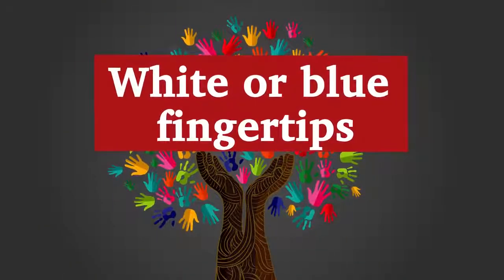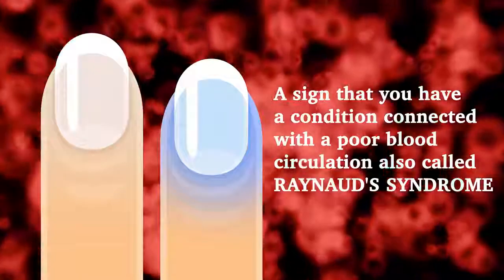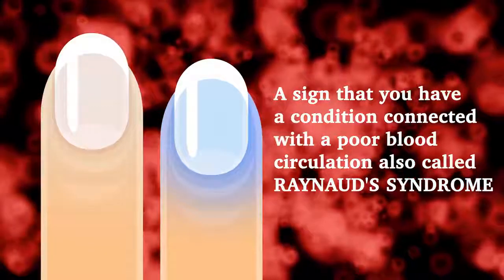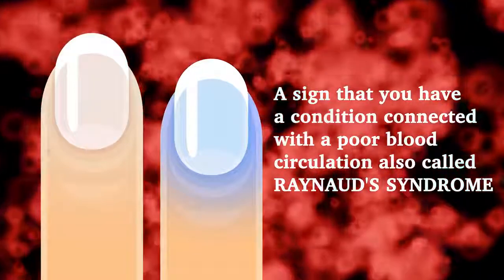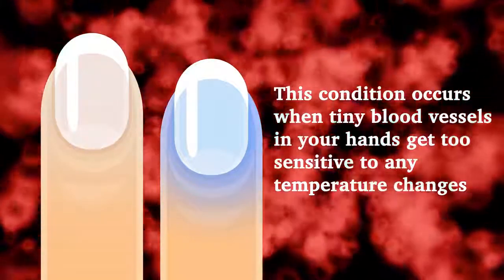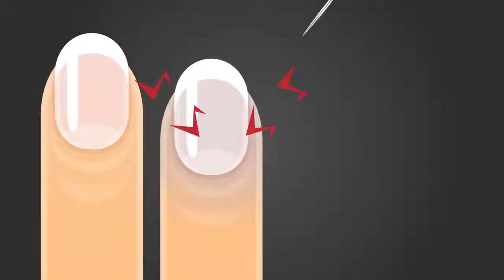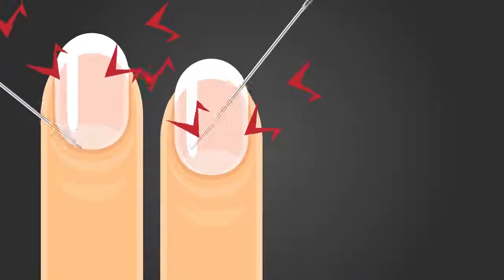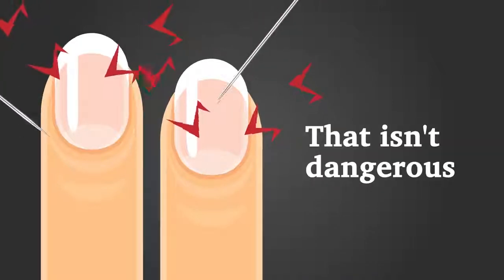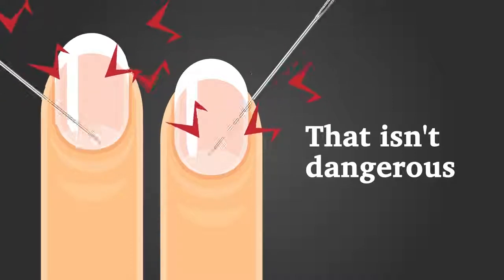White or blue fingertips. If you notice that your fingertips turn white or bluish, this may be a sign that you have a condition connected with poor blood circulation, also called Raynaud's syndrome. This condition occurs when tiny blood vessels in your hands get too sensitive to any temperature changes. Typically, this isn't harmful. Your fingertips can also suffer from some tingling sensations, pain, numbness, and change of color,